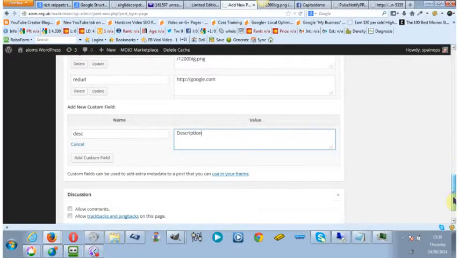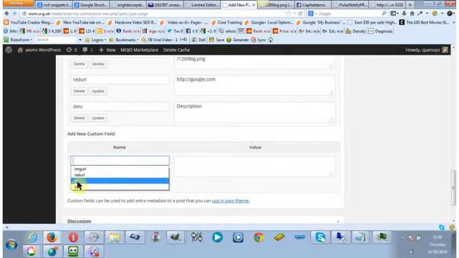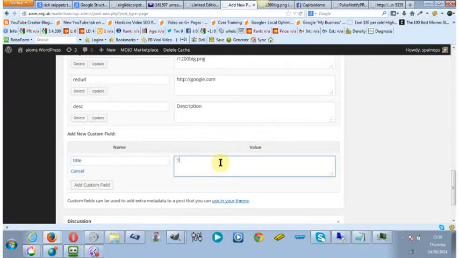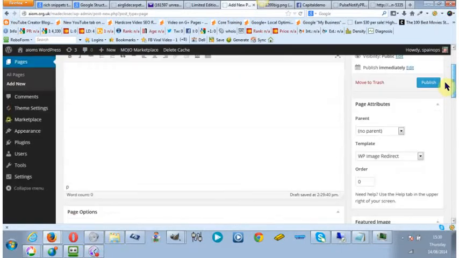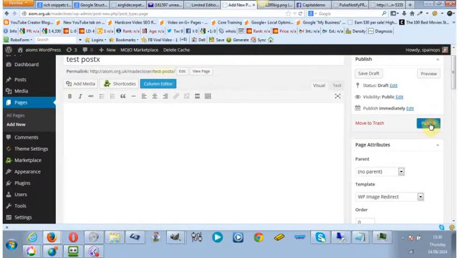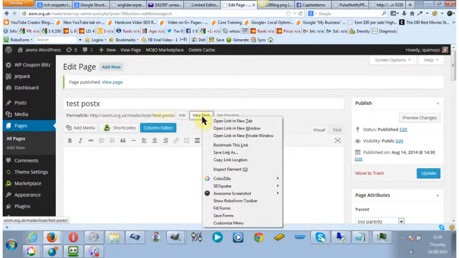Put in your description here, and once you've created this, you can post this on Google Plus. You post it on Twitter. Just click the box again, title, okay, add it. Just remember to add it each time so you can see what you've added back there. And you publish the post or the page. It does have to be a page, by the way. Then you get the URL. So just copy the URL,